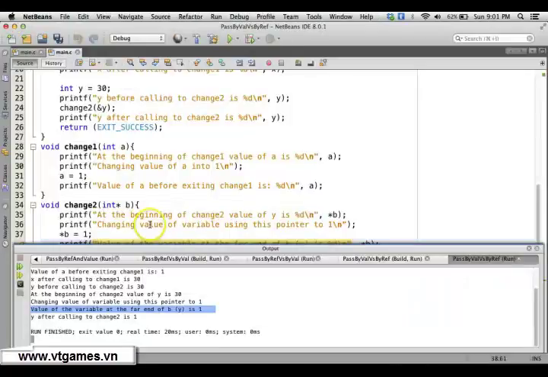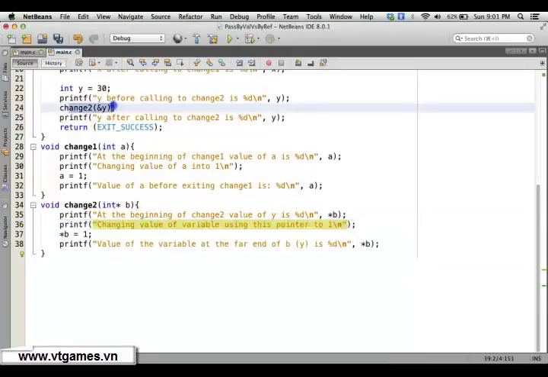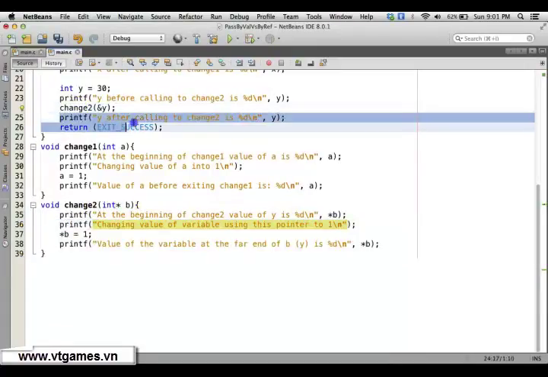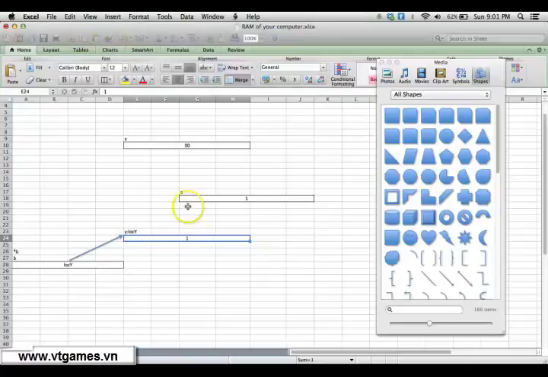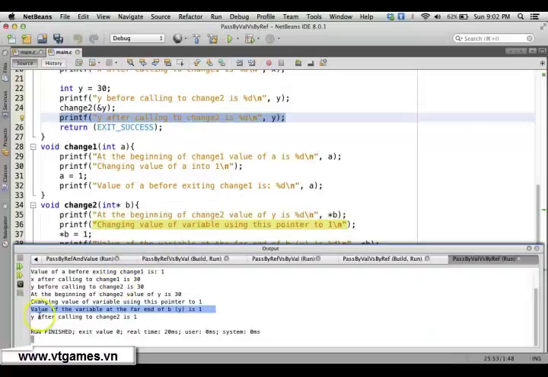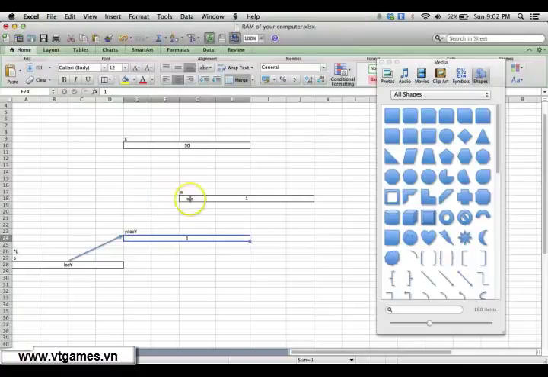Okay, and then you exit the method. After exiting the method, it's going to finish this method. It's going to call "while after calling to chain 2 is." And you'll see the value from here already changed into 1. So "while after calling to chain 2 is 1." So you'll see from here the difference between the two. The difference between the two is if you call chain 1 in